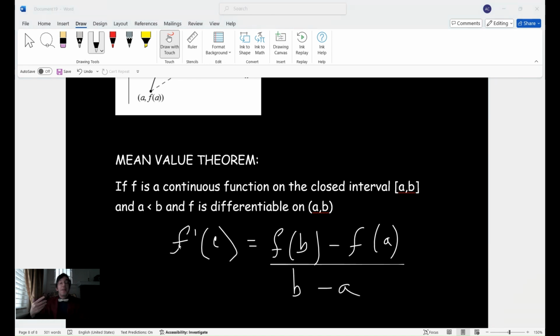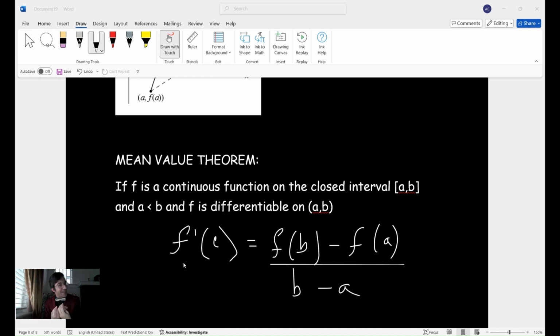So arguably, the mean value theorem is the most important theoretical result about the derivative. You should think about the mean value theorem until its statement becomes intuitively obvious to you. Now, the proof is a little bit tricky. I'm not going to do it in this video because I was going to show you some of the problems I wrote about Rolle's theorem. But I will defer it. You will see a lot more of the significance of the mean value theorem as you study more and more calculus.